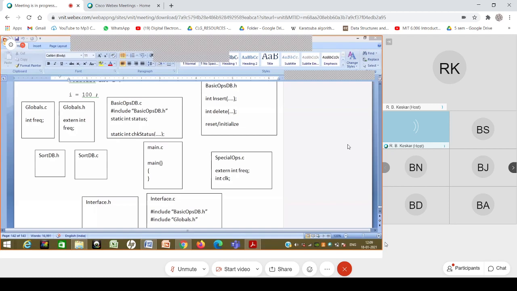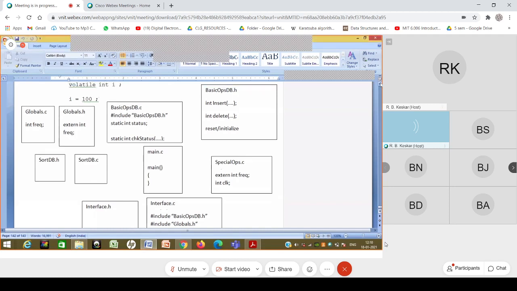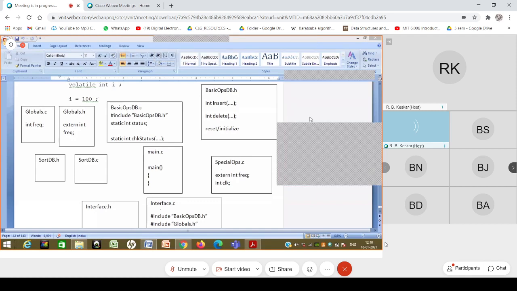We have done the macros earlier. We know macros are nothing but the hash define kind of things, and these requirements are handled through the macros. So the first requirement comes like this, and perhaps now that you understand how the code has been split into .c and .h, it is easier for us to appreciate and understand. So let's see what this requirement is all about.